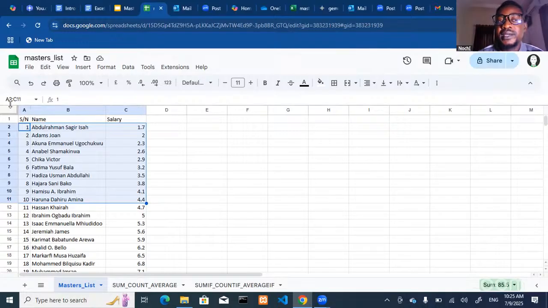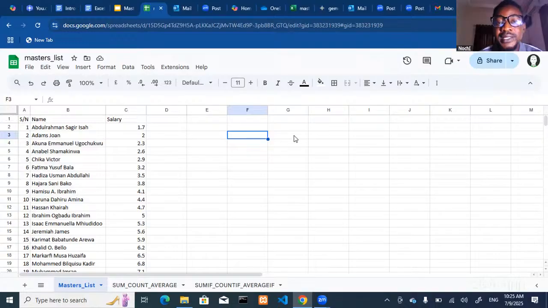See it represented here. This colon in between means you're starting from the first, which is A2, to C11. Where is C11? This is C11. Okay, so I'm working with, let's say these are the number of staff members that I want to get their information. I'll start from here and I'll end here. So if you decide to type D14 to, let's say, H19, it will simply grab from here,